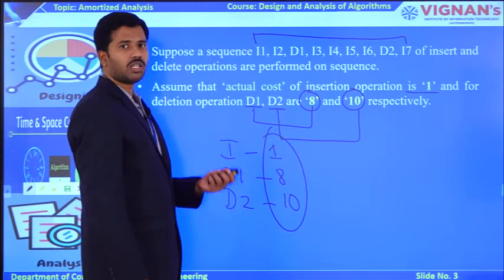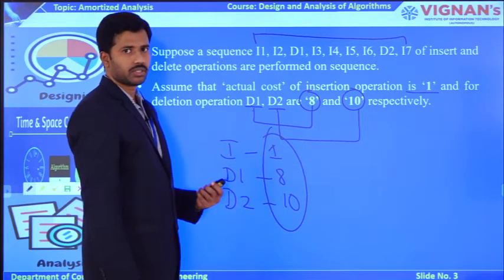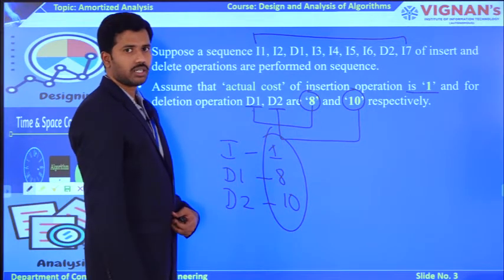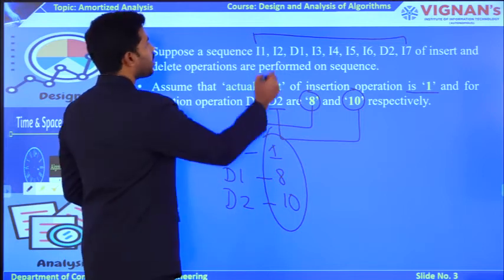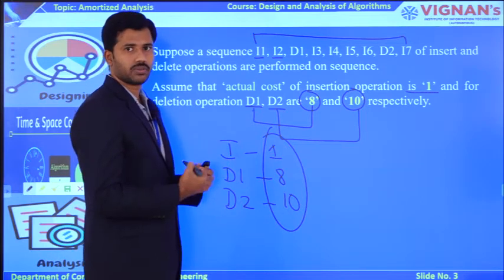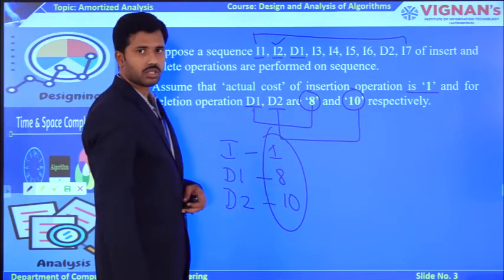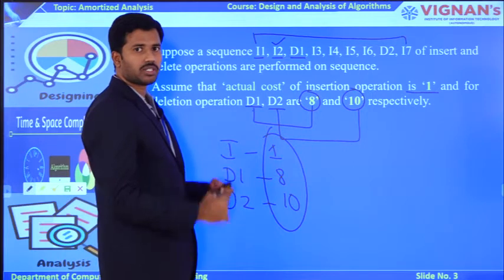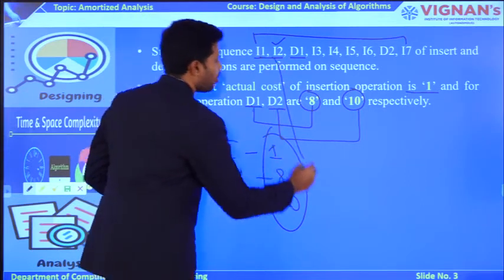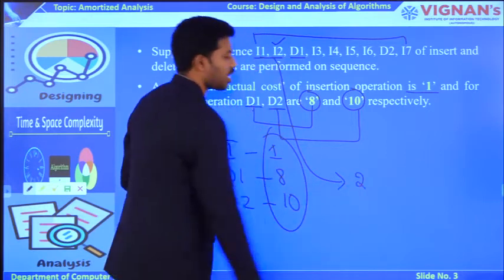In the previous case, all the insertion as well as deletion operations can be done in the best case time complexities. But here insertion is done at best case, but coming to the deletion operation, we are moving to the worst case, right? So if you observe very carefully, after executing I1 and I2, your algorithm still runs in best case. Up to I2, how many operations have you performed? 2 insertion operations. So up to 2 iterations, the time complexity of your algorithm is 2.